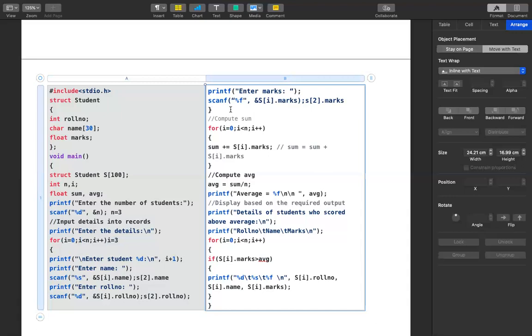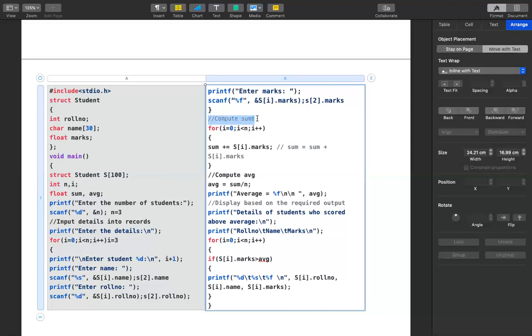Now, once the student details have been entered, the next thing we have to concentrate on is their marks. That means what is the first student's mark, what is the second student's mark, and what is the third student's mark. That means we need to find out the sum of the students' marks. The first student might have scored 50, the second might have scored 100, the third might have scored 60. So we need to find out the average of marks first. 3 students, and what is their average? Before finding the average marks, we should find out the sum. So that is what we are doing.